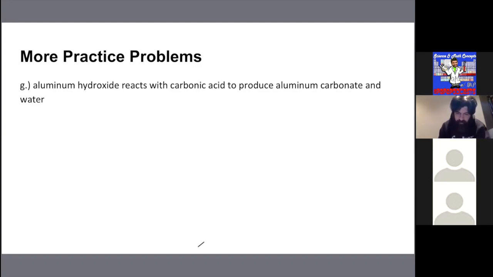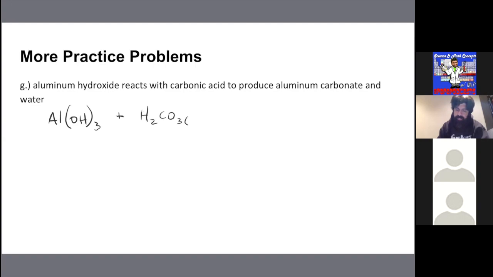Now, you need to know your polyatomics, so have your list of polyatomics to balance. Okay, so we're going to put together the formulas. So we've got Al(OH)3. Go back to chapter 4 to know how to put together these formulas. This is in the polyatomics. Plus carbonic acid, which we covered in 4.4. So carbonic acid is